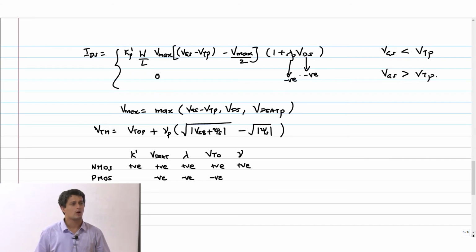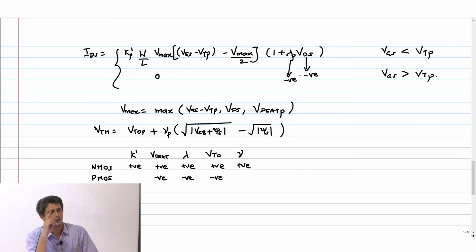Right? What about K prime? Positive. So remember, look at the equation I wrote very carefully. I wrote IDS equal to something. I did not say ISD equal to that. If IDS is equal to something,